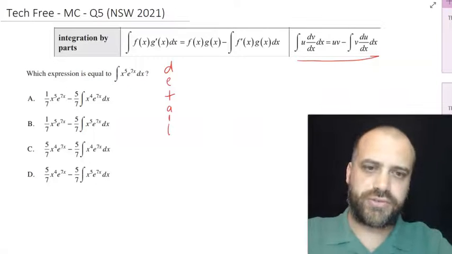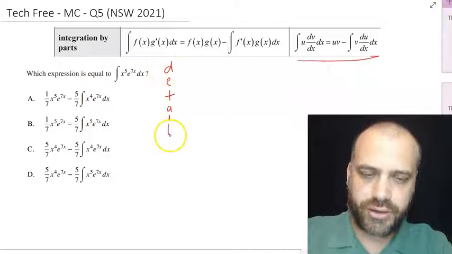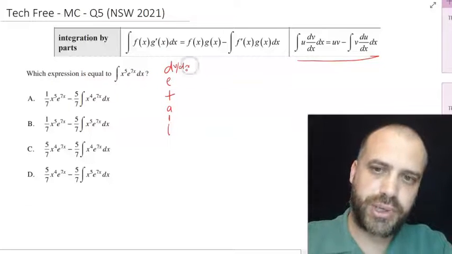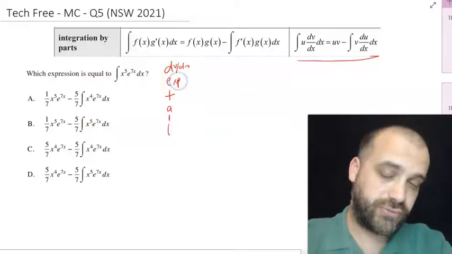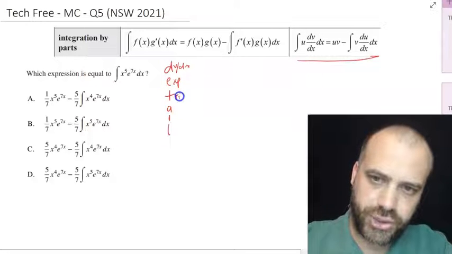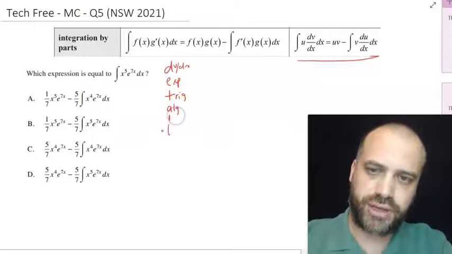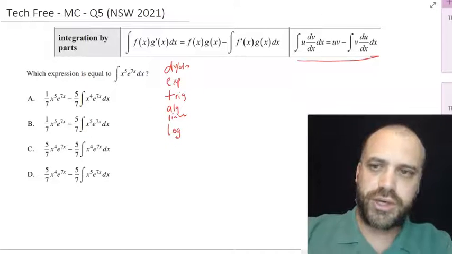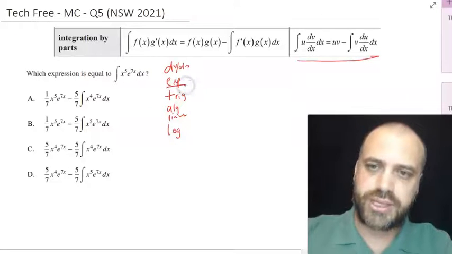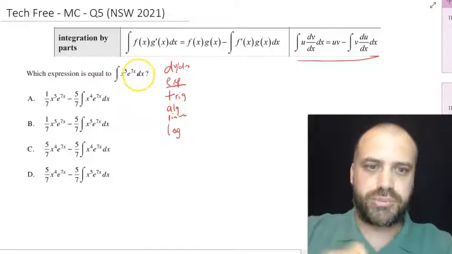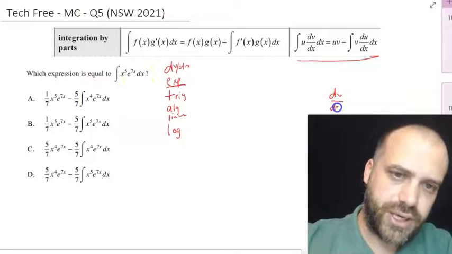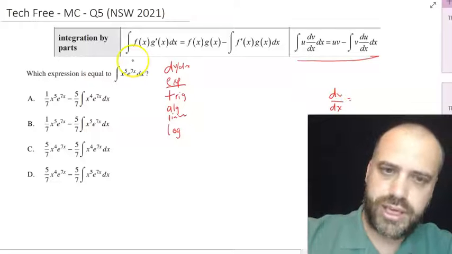If you've watched my previous video on this, you'll know that I use this acronym here, DETAIL. That means that dv dx should be either an exponential function, or if you can't find that, it should be a trig function or an algebraic function or an inverse trig function or a log function. I've got an exponential function, which means that dv dx should be that one right there. So writing this all out now, I've got dv dx is equal to e to the 7x,